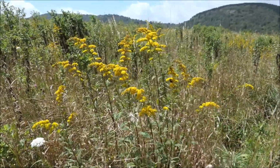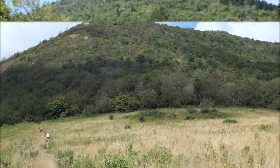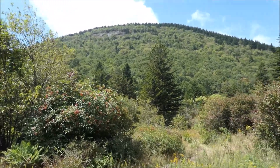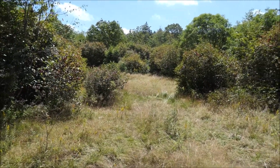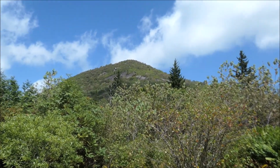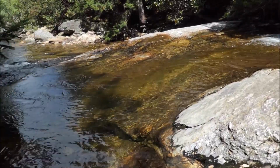Flowers in the meadow below Sam Knob. Little Sam Knob there. And Sam Knob. There's Little Sam Knob, and we're just about to Flat Laurel Creek, which we're going to go down and see the falls on, and then we'll go back up that way and make a loop back to the parking lot. And looking back to the north, to our right as we're hiking, there's Sam Knob. Flat Laurel Creek. Amy's crossing over. Beautiful creek. And the falls are just down there a ways,